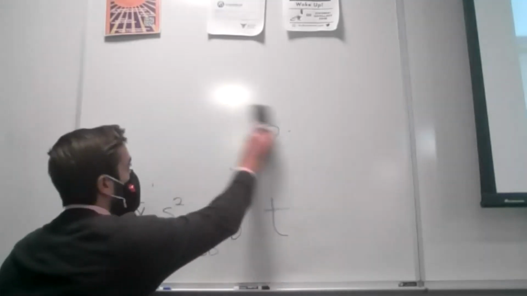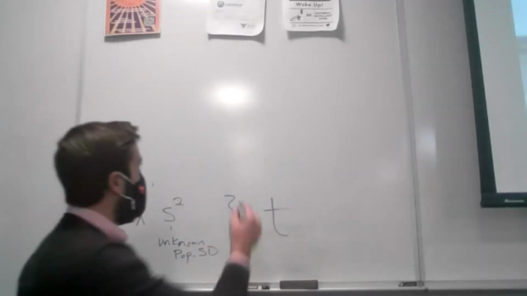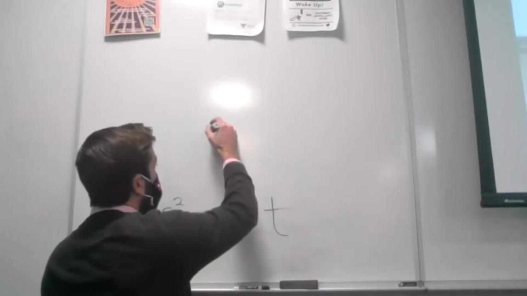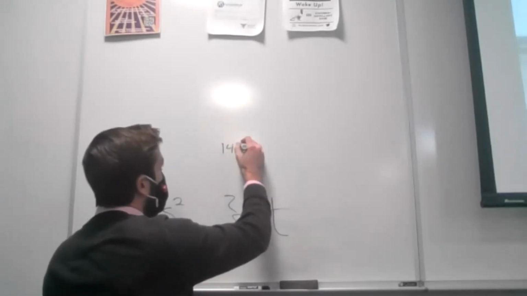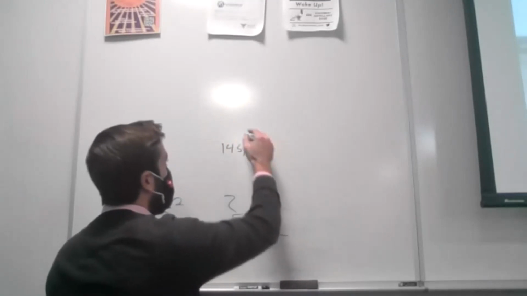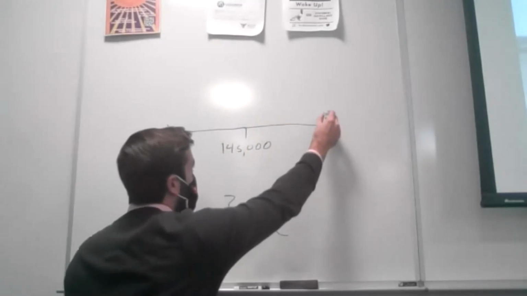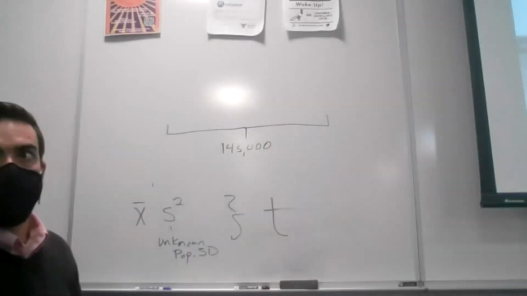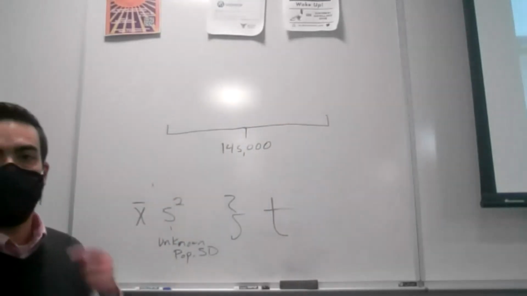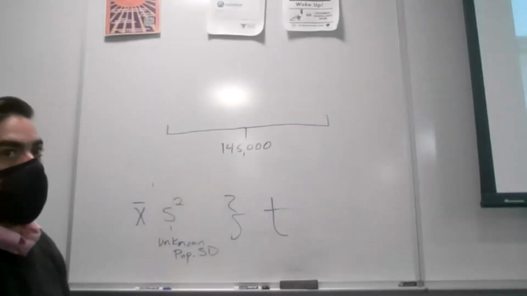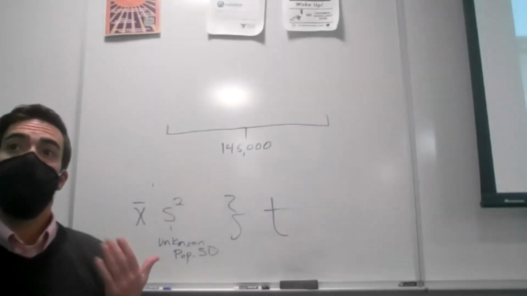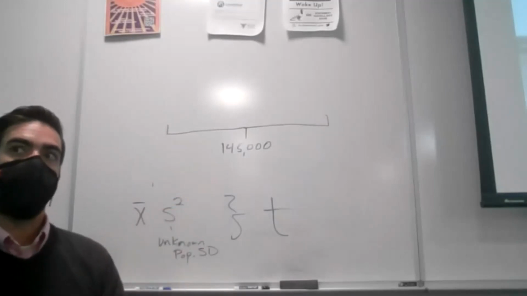So what we're thinking about is, 145,000 was the sample mean we found. We want to find the lower and upper bound. That 145,000 should be smack dab in the middle of our confidence interval. But how do we get that lower and upper bound? We go a certain number of standard deviations to the left and a certain number of standard deviations to the